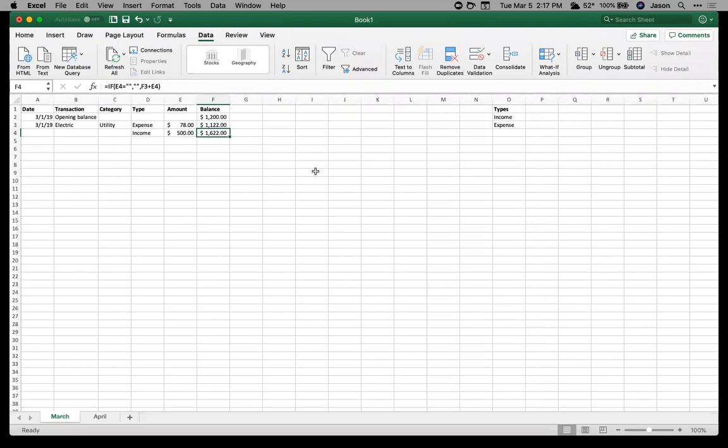So you can basically nest formulas within formulas in order to have it do whatever you want it to do. Now I don't have to worry about making sure that I always hit negative when it's an expense and always hit positive when it's income. I can just type in what it is, and it works just fine. All right. There's also,